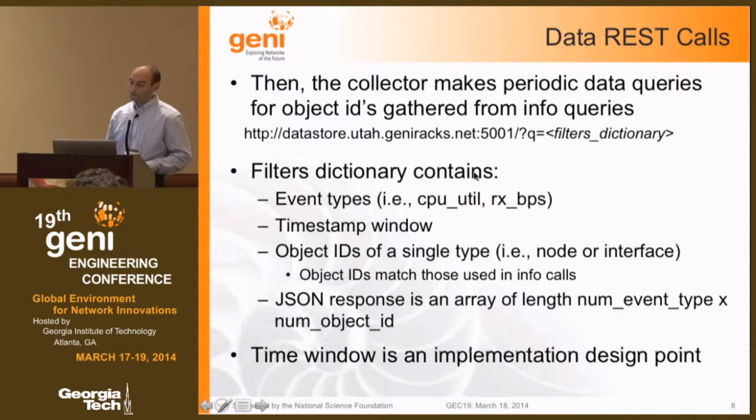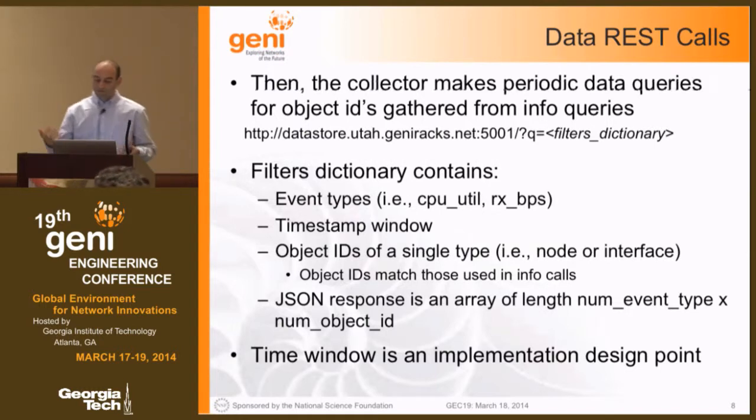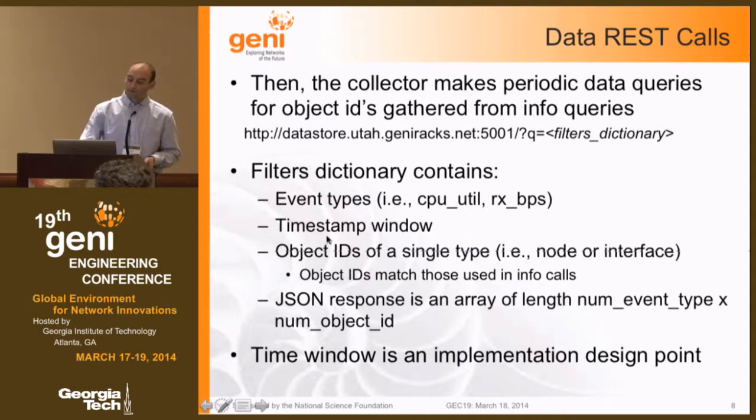So the data queries are also REST queries, and you basically pass a Python dictionary style argument as part of your query. I call it the filters dictionary. The filters contain a list of event types like CPU utilization, RxBPS, and a timestamp window. You specify the object IDs in a list, a node or interface,